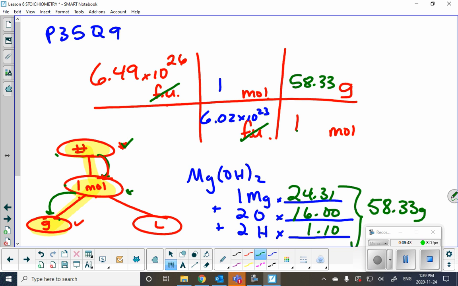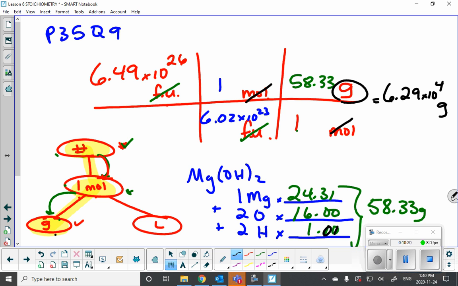So now moles is canceled, and I'm left with grams. That's where I wanted to get. So again, multiply numbers if you see them on the top of the line. Grab your calculators. Divide numbers on the bottom. And for these numbers in scientific notation, use that EXP button on your calculator, or EE, or whatever version yours is, so that the calculator knows that you're just getting one number, not a whole series of math expressions to do. So when we multiply across the top and divide across the bottom, you get 6.29 times 10 to the